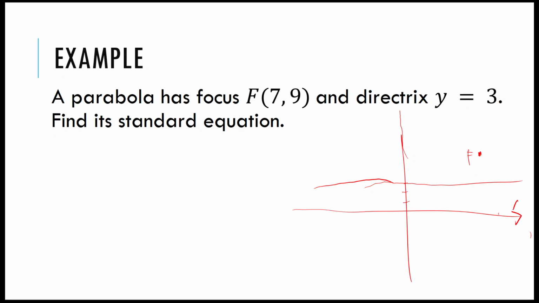Okay, this is the x-axis, this is the y-axis, and this line is y equals 3, and this is actually the directrix of the parabola. Okay, a while ago I said that if given only the focus, there are a lot of parabolas that can be drawn with focus (7, 9). However, it will slim down if we specify more of its parts. Like for example, it is added that the directrix is y equals 3.